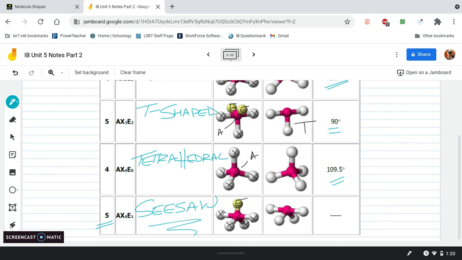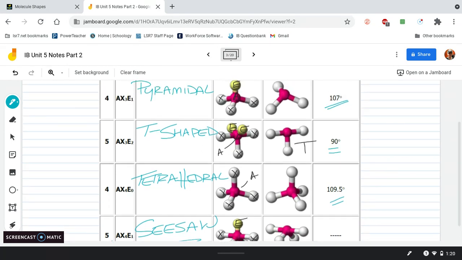So if it was a seesaw shape and they ask why, you could say it has 5 electron domains that repel each other. Boom. If it's tetrahedral, you could say it has 4 electron domains that repel each other. If it was T-shaped, and they say why, you could say because it has 5 electron domains that repel each other. Do not